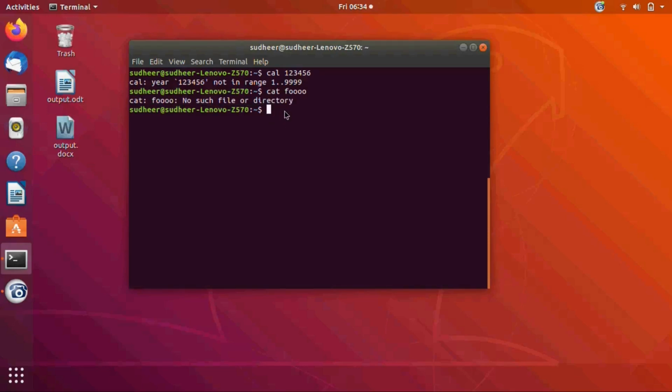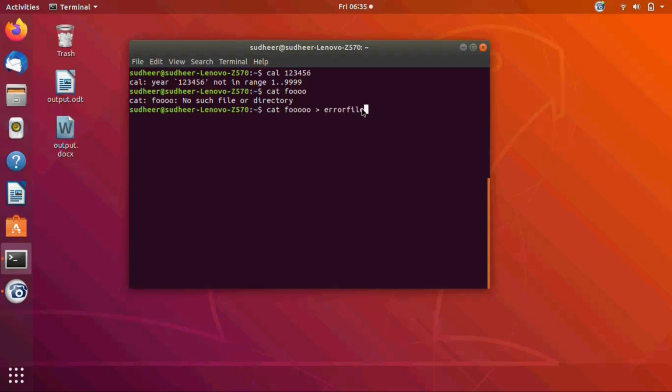In standard error, it's not possible to redirect using a greater than symbol to another file. Like cat and the file name foo, greater than a file named error file. In this command you are trying to redirect the message from foo to the error file.